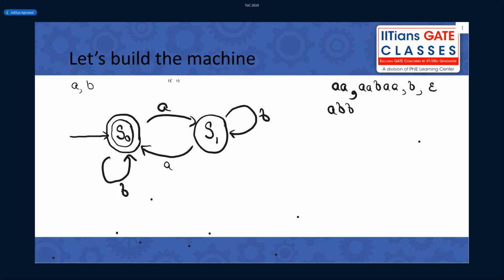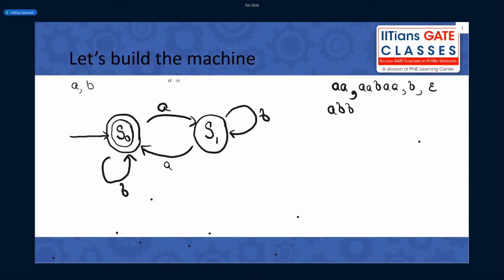S0 is a double concentric circle. For sure, you can't draw it in the computer. So it sees there's a final state. You can denote it by a single bit, let's say: 1 denotes it's final, 0 denotes it's non-final. So if it's a final state, then you accept it.